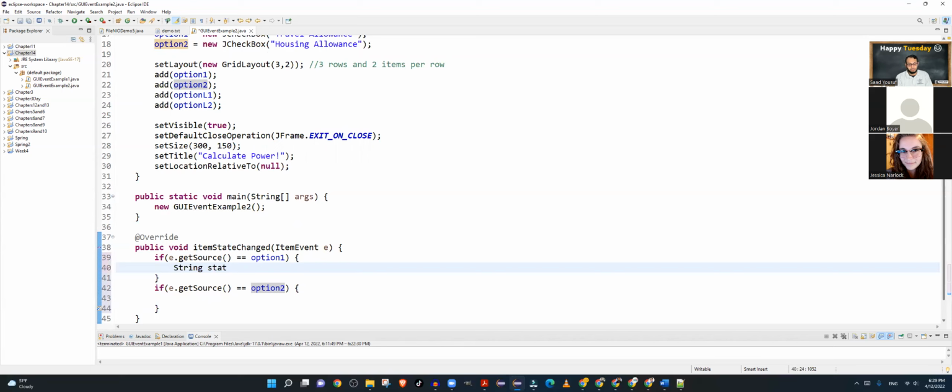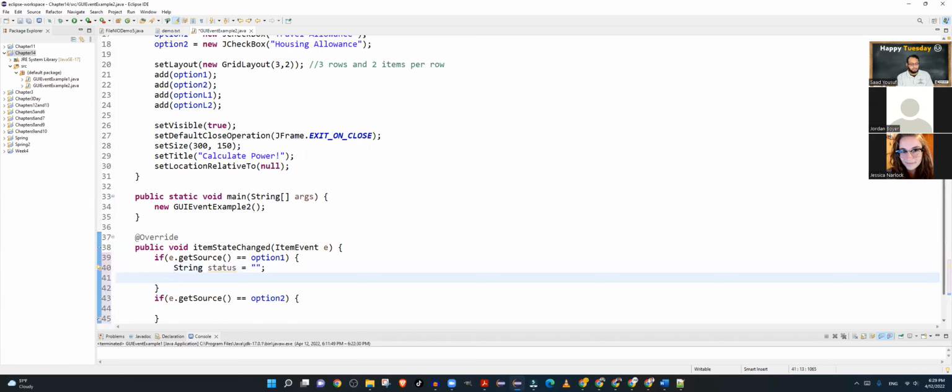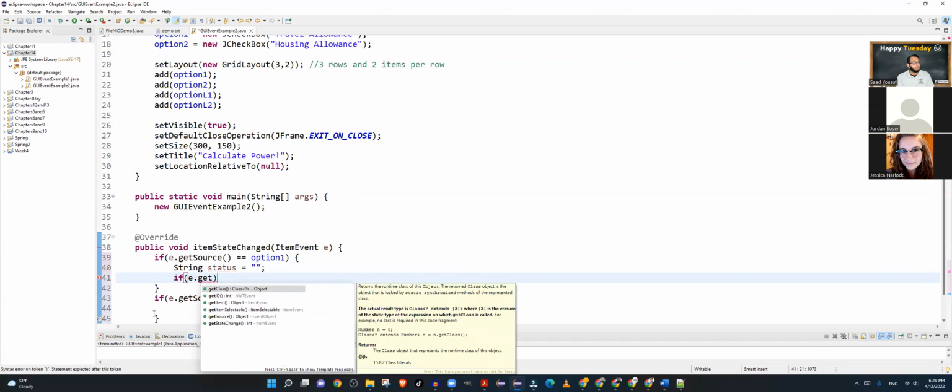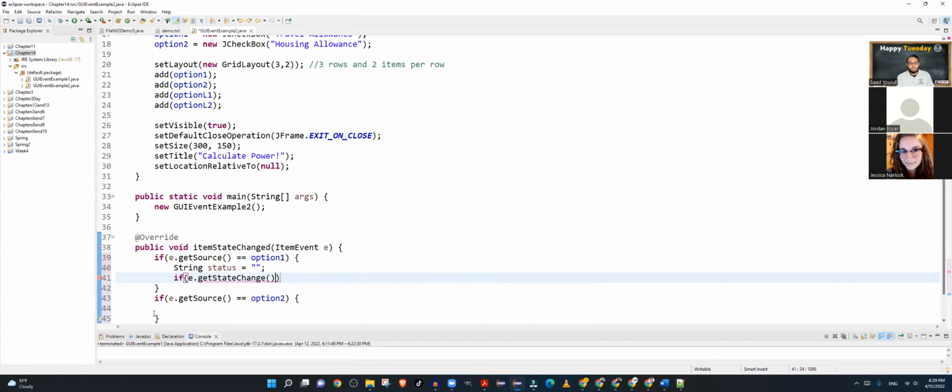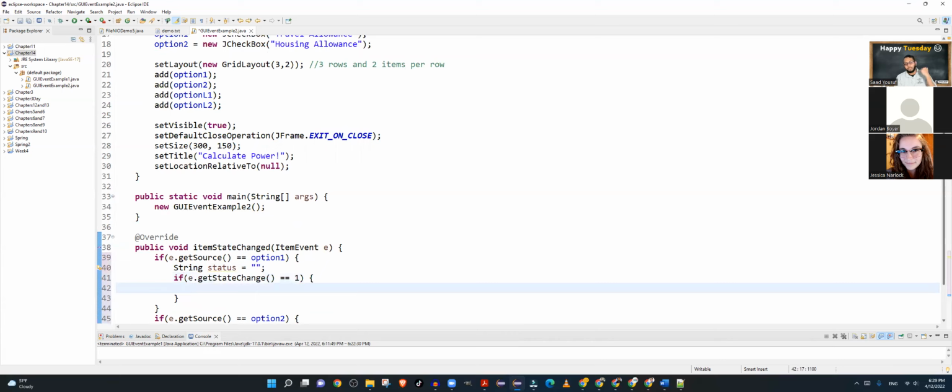String status. If e dot get state change equals 1, that means, okay, it was fired, but is it checked? If it is checked, the value of status